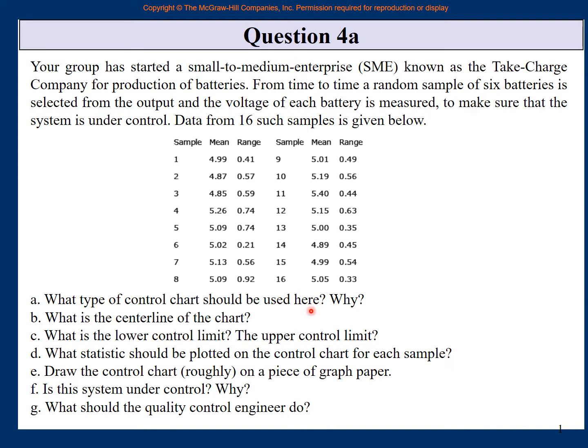Now these are the questions. What type of control chart should be used here? Why? What is the center line of the chart? And so on, right? So these are A, B, C, D, E, F, G, different questions. So let us take each one of them one at a time. But the problem you understand, right? That you are producing batteries. At one time you test 6 batteries. From those 6 batteries you take a mean value, the average, and the range, and you record it. Then you take another sample of 6 batteries, you take the mean value and the range, and you record it. Okay, so let us see